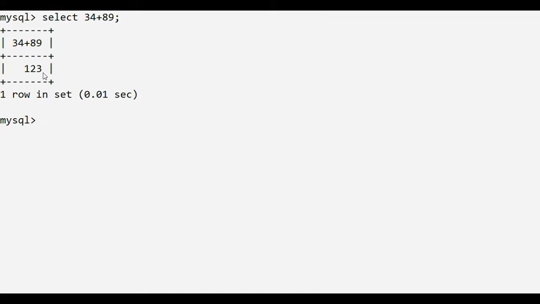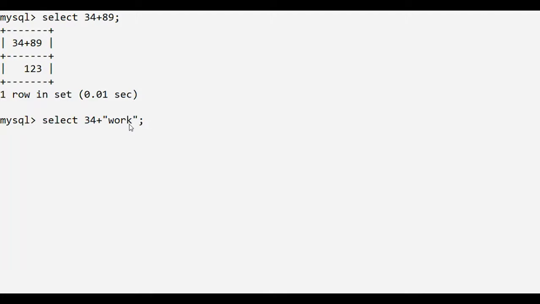We say an expression is a valid combination of operators and operands. What do we mean by a valid combination? Let's take another example to understand this. Suppose we write select 34 plus, within quotes we provide a text value, let's say work. As discussed earlier, text values in MySQL are enclosed in quotes.